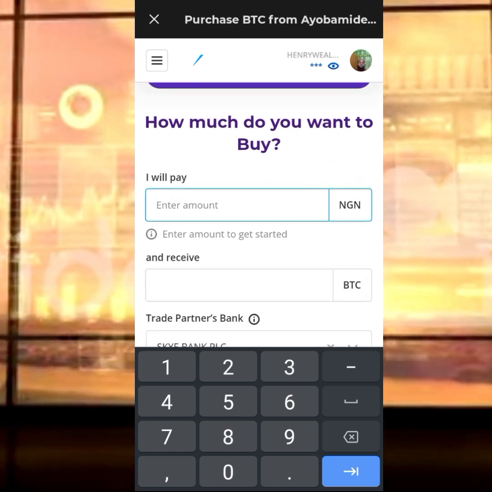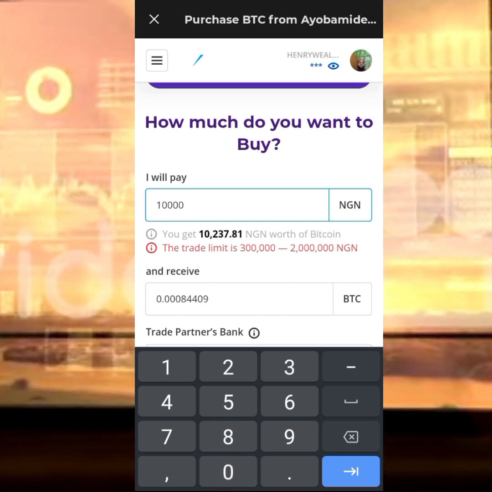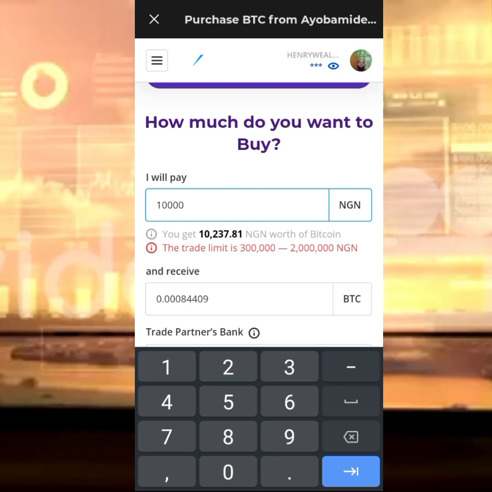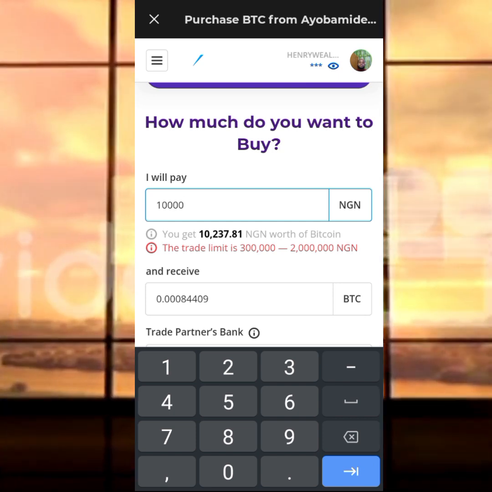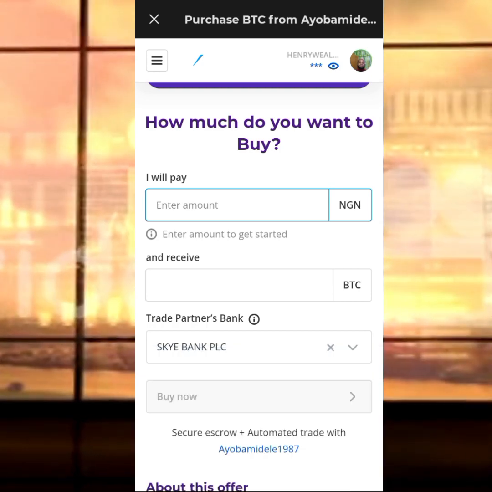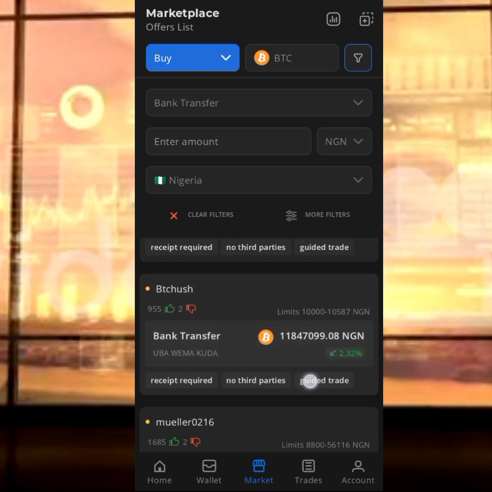So now when you come here, you're going to click on, let's say we are getting 100,000 naira. Okay, this guy is the guy that is offering from 300,000 naira above. So we don't need him. I need to go back to see somebody that offers exactly what I'm looking for. So now I think this is the next guy here.